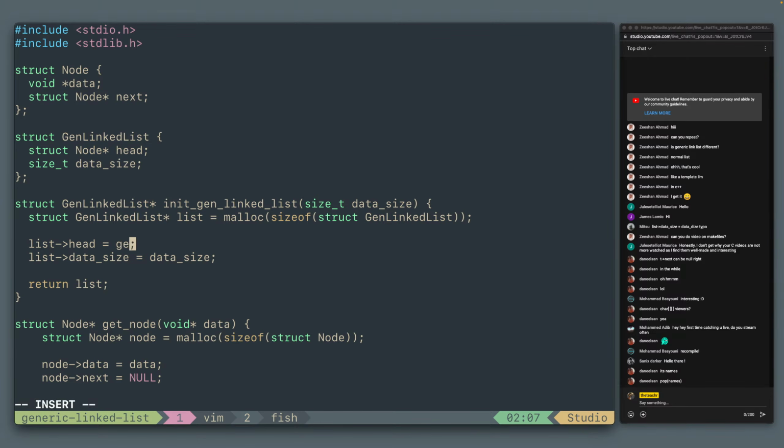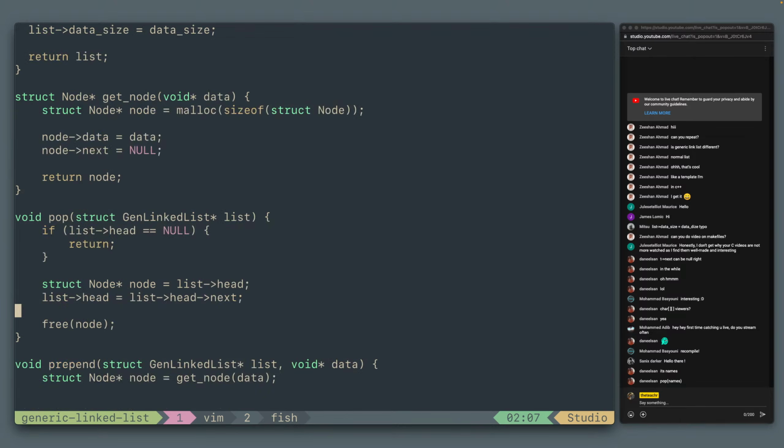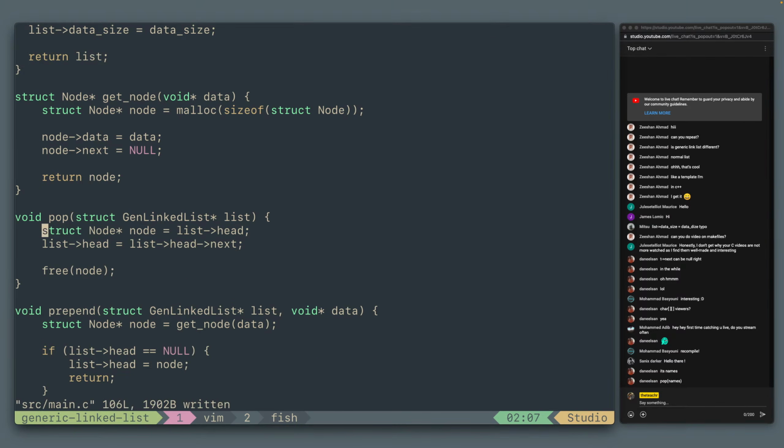Right, so here I'll just do a get node and I will just pass in a null. And things are going to change a little bit. So this one is going to go away, and